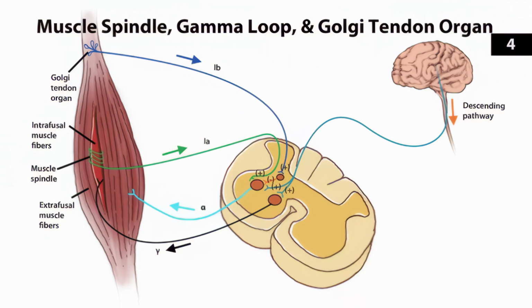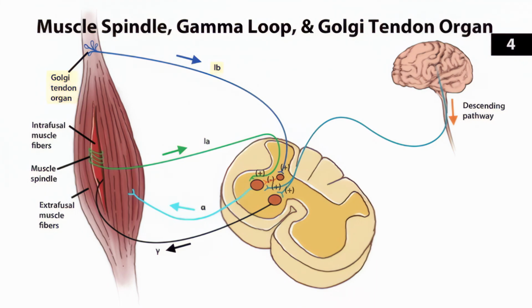Now, there's another type of sensory organ in the tendon called the Golgi tendon organ, which monitors muscle tension rather than muscle length. Now, one way to remember this is to call it the Golgi tension organ instead of tendon organ. So the Golgi tendon organ sends a 1B afferent feedback signal to the dorsal horn of the spinal cord. They do the opposite of the 1A signal. They oppose the contraction of that muscle. So these 1B fibers stimulate a cell that sends an inhibitory signal to the alpha motor neuron. So when you lift that really heavy suitcase, they send a signal saying, hey, this is too heavy, maybe you